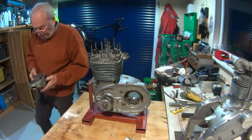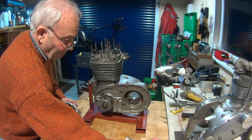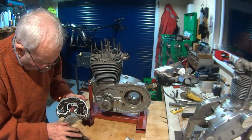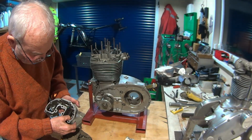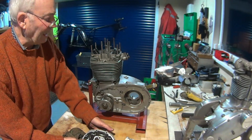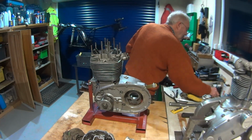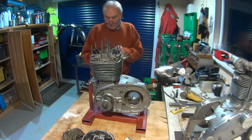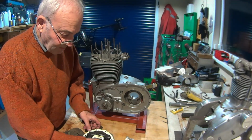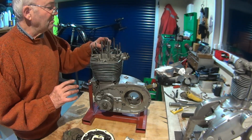So I did clean the face of this up as well, best I could. Again, it's been to Mars and back, this engine. I haven't pulled the rockers out because they did seem good. I have blown the galleries out, and I have got a gasket for it. So I'm going to be putting a small amount of Hylomar on both the surfaces, and